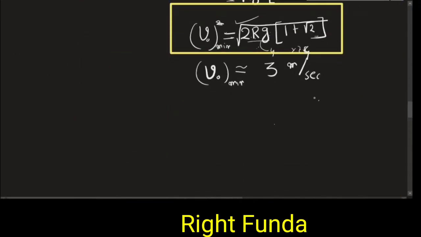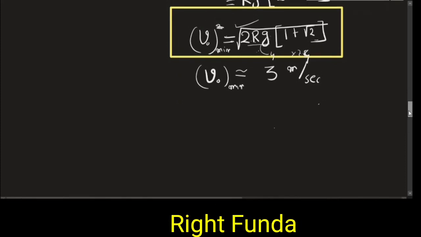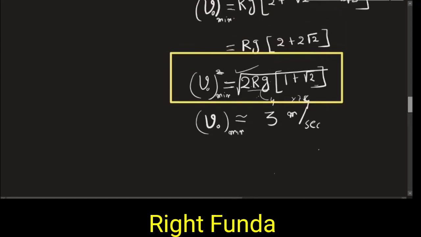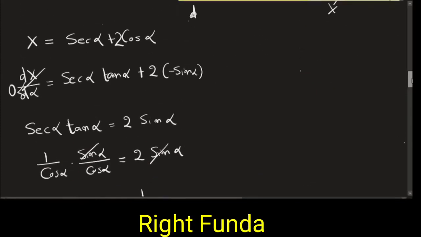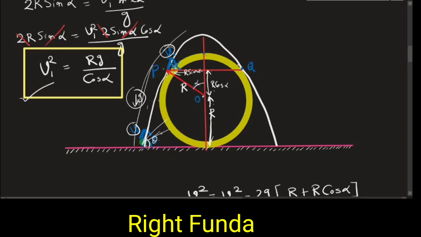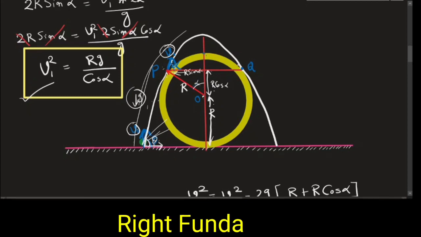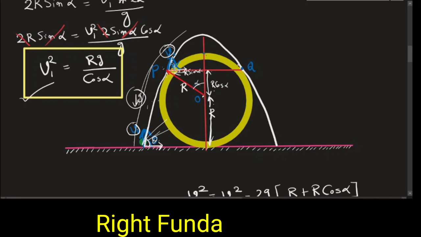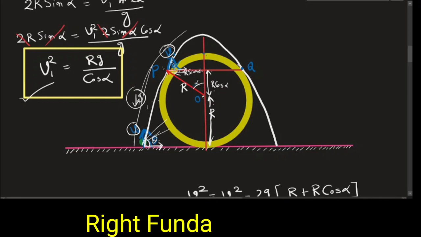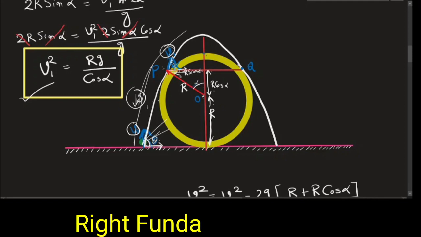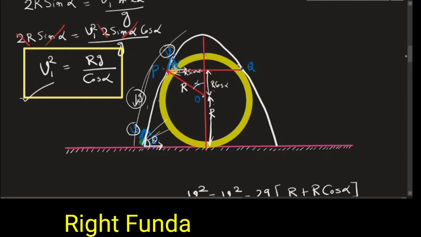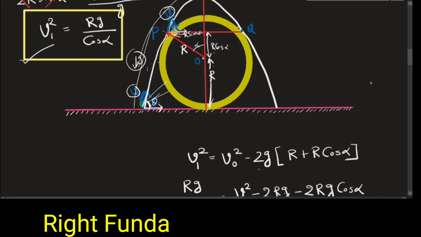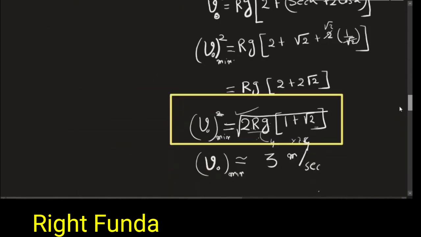Then what we'll do is use one concept: the horizontal component of velocity remains unchanged because there is no horizontal acceleration. So at these two points I will see what the horizontal component of velocity is. At this time it is v naught and theta, so the horizontal component is v naught cos theta. At this point v1 and alpha, so the horizontal component is v1 cos alpha. So v naught cos theta must be equal to v1 cos alpha. You can solve like this, and you can also find out the angle of projection theta. That can be calculated here.